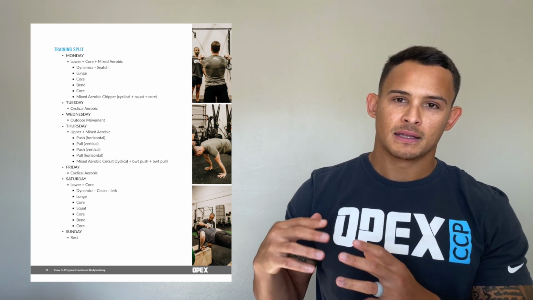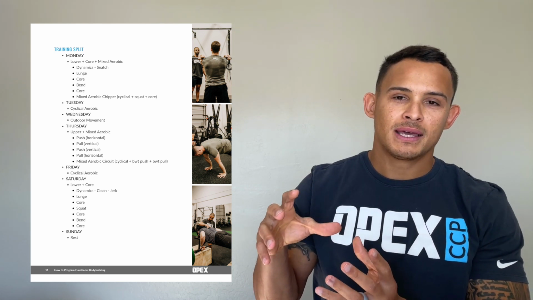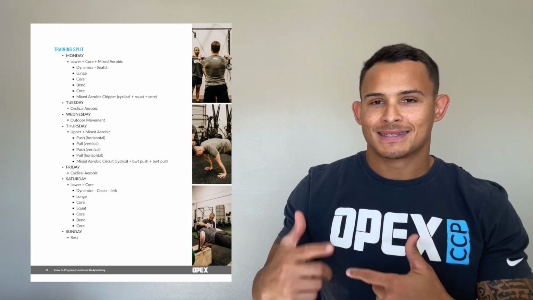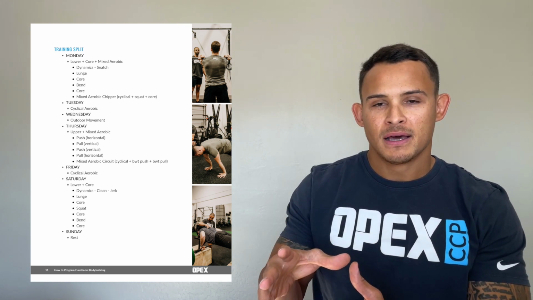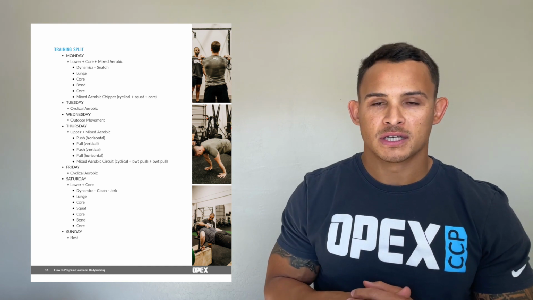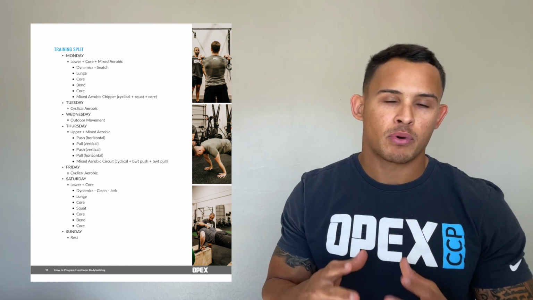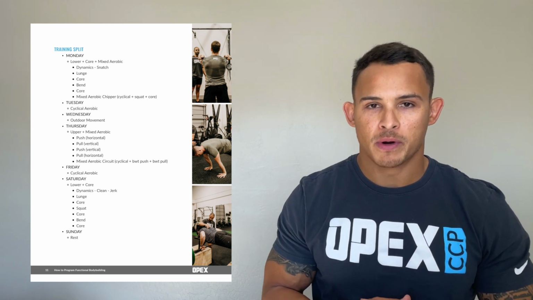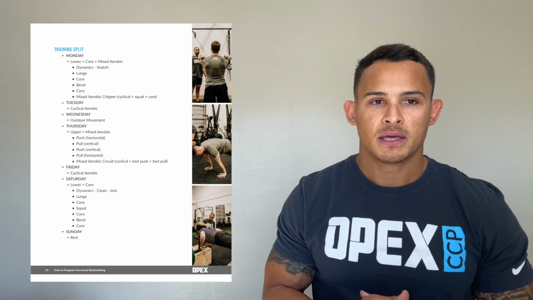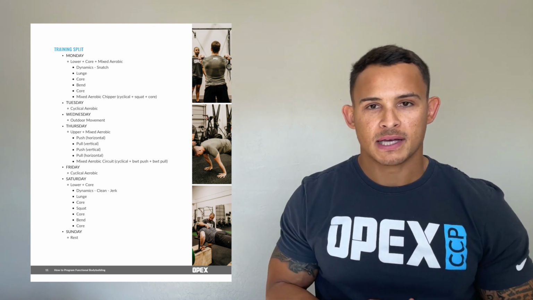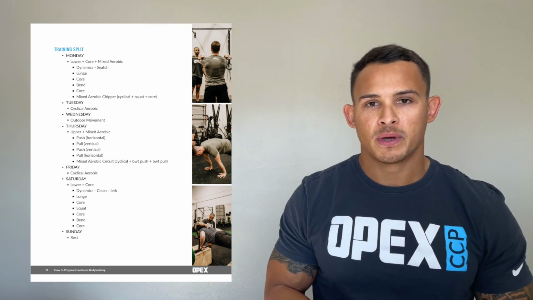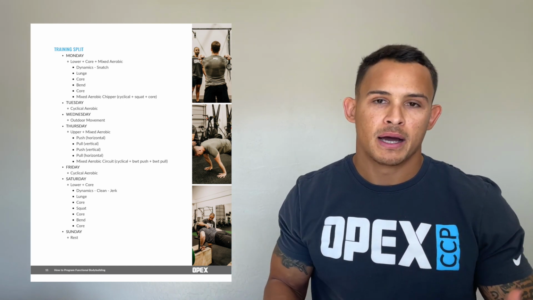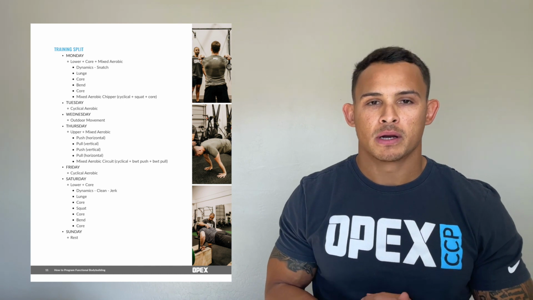Because this is a lower day, I'm even going to keep my mixed modal work lower focused. This is just going to be sustainable work that I'm biasing toward lower body and core, to stay true to my focuses and priorities of today. On Tuesday, he's simply going to do cyclical aerobic work. On Wednesday, he's going to take a day off. He's out of the gym. Just go out, do some outdoor movement, get in some MAP 10, or what we call long, easy aerobic work, like walking, hiking, biking, easy swims, and so on and so forth.